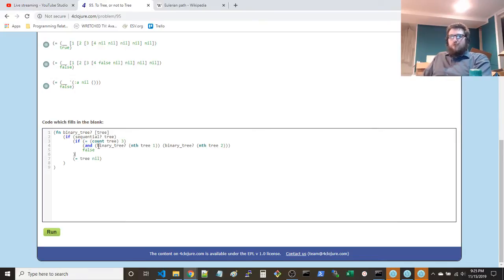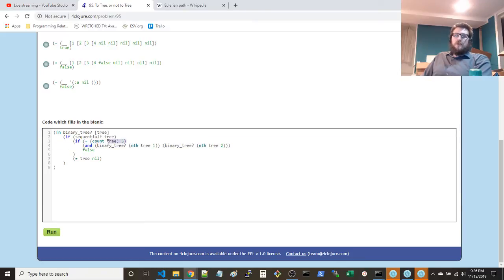So what I said was, okay, if the thing is sequential, then continue. If it's not sequential, then check if it's nil. If it's nil, return true. If it's not nil, then we don't have a tree. Then if the count of this tree is 3, check that the second value in this tree node is a binary tree recursively, and also check that the third value is a binary tree, as it represents the head of a binary tree recursively, and return that.